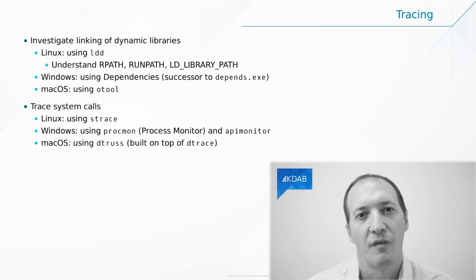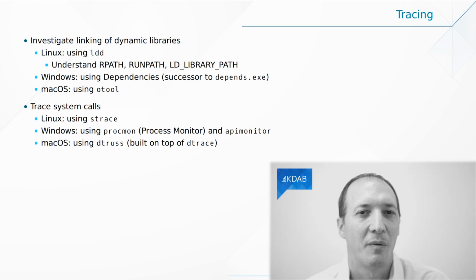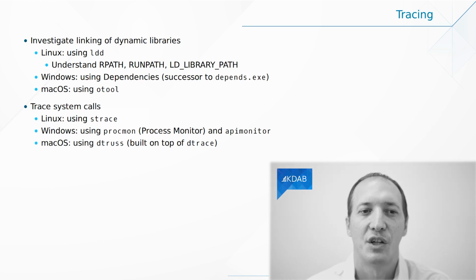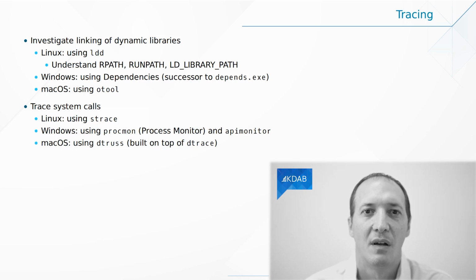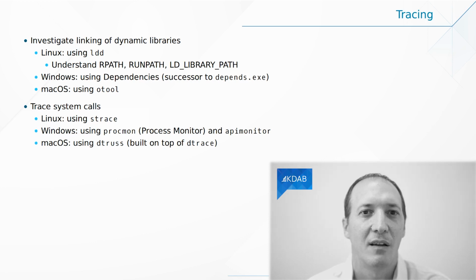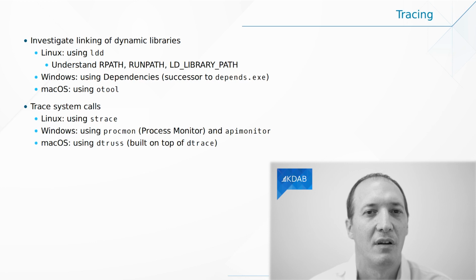At runtime, you can also figure out what your application is doing a bit as a white box. From the outside, you ask the application, show me all the files that you're opening. That's something you can do with strace or the equivalent tools on other operating systems. You could also ask it to show you anytime it's going to read a file, open a socket, or anything that actually goes through a system call. That's what you can do with strace. It's a common debugging technique when you don't actually have the source code for an application, but it's also very useful if you do.